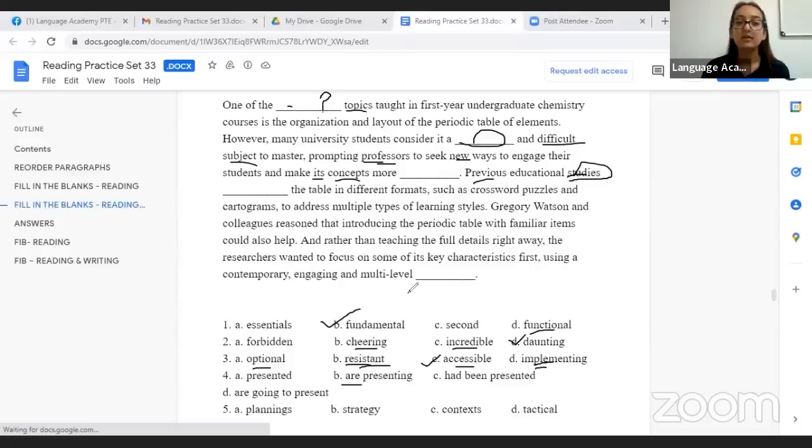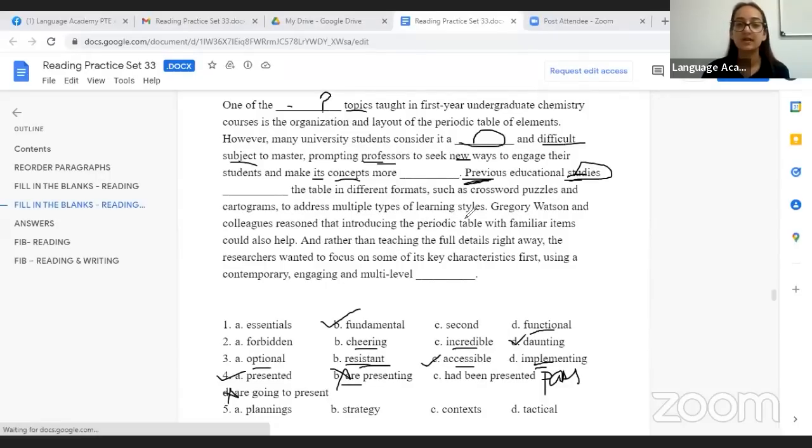Are presenting cannot be the answer because the sentence starts with previous, so it has to be past tense. Are going to means future, so again, future tense cannot be the answer. Had been presented is passive voice, but we don't need passive voice here. We need active voice because studies have done the work. Whenever the doer of the work is written before the blank, then it is active voice. So we'll simply say studies presented the table in different formats such as crossword puzzles and cartograms to address multiple